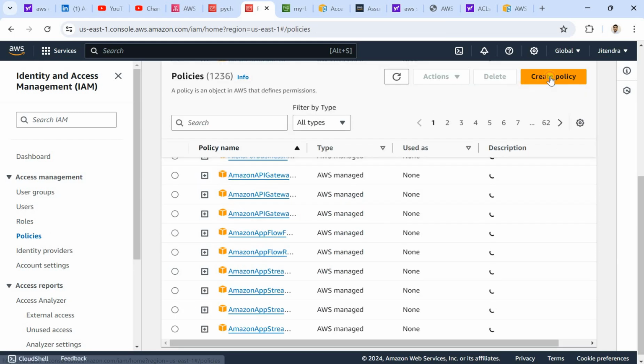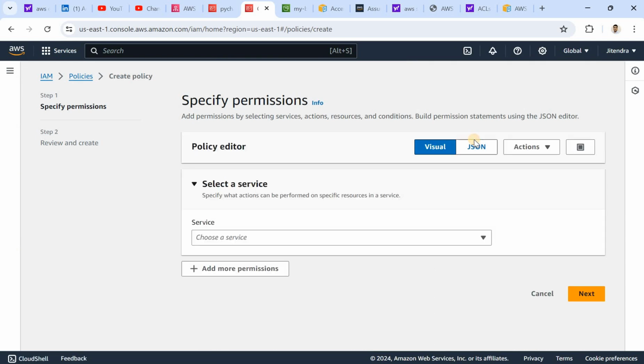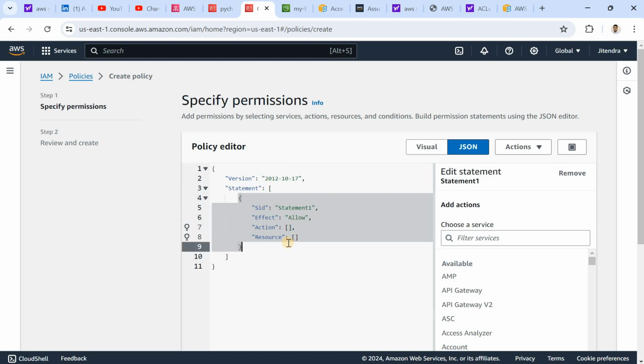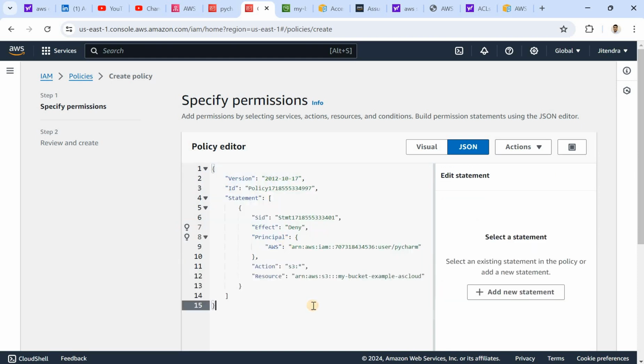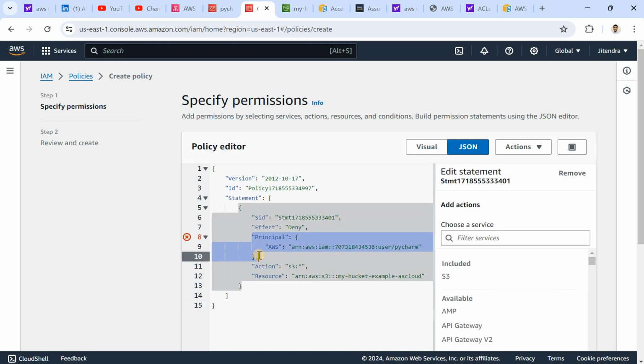This is the policy section. If you create this policy in the JSON section, with control A, control V, it gives an issue: unsupported principal. Hope you got it. Principal is only supported at the resource level. That is clear, that is all set in your mind. Whenever you see a principal, it is called a resource based policy. Okay. And if we can remove this,